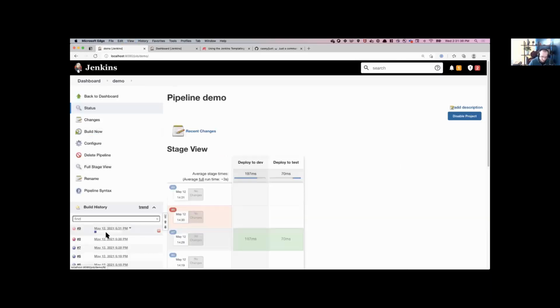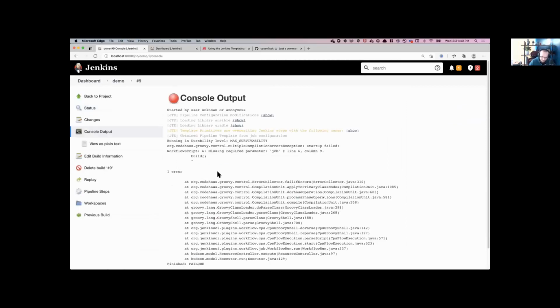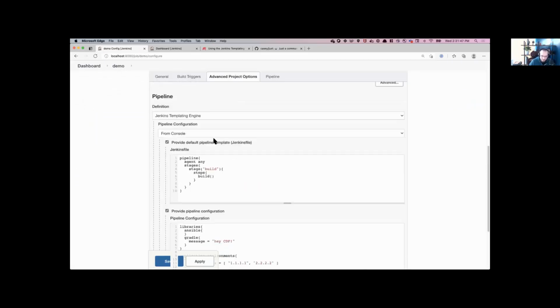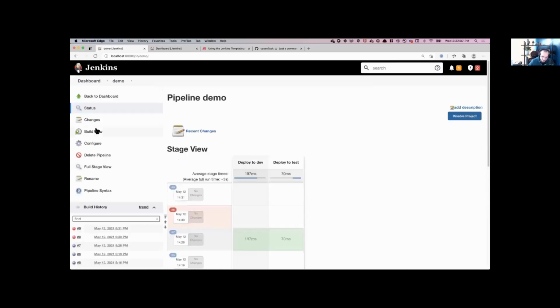This is a live demo, so this might not pass on the first go here. Missing. Oh, that's a fun one actually. Because build is actually a Jenkins pipeline step, the way that step resolution works is that it's trying to call the Jenkins step instead of the JTE step. So a way we can get around that is to put it in a script block. And if we save that and we build it,